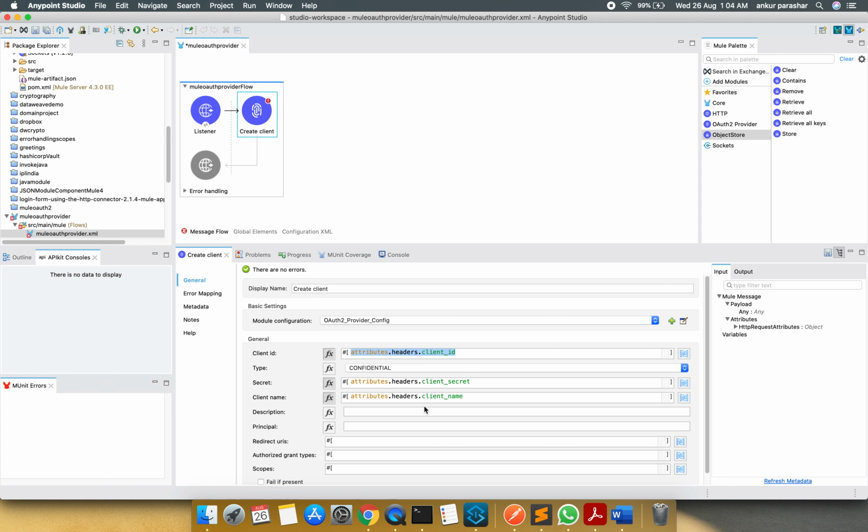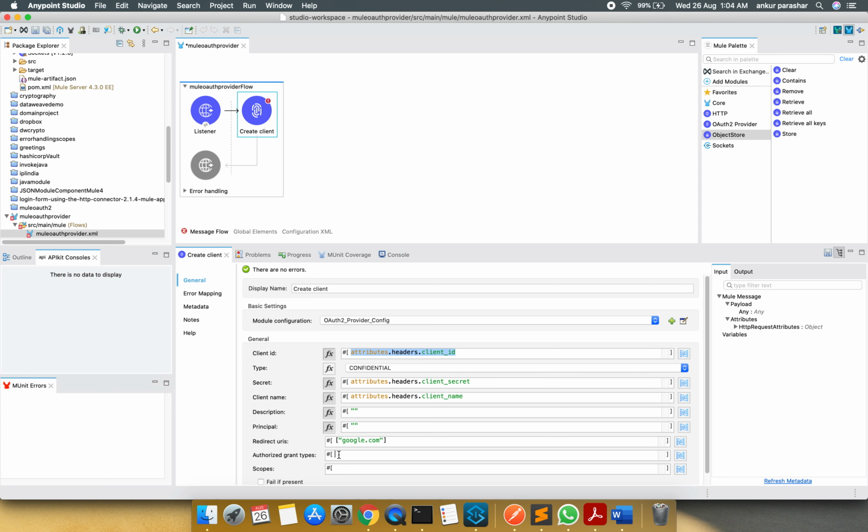It's just a dummy, you can hard code this as well. This will remain like this only. Principal can also stay as blank. For redirect URI, it expects an input in array format. So what I will do, I will put something like google.com maybe,